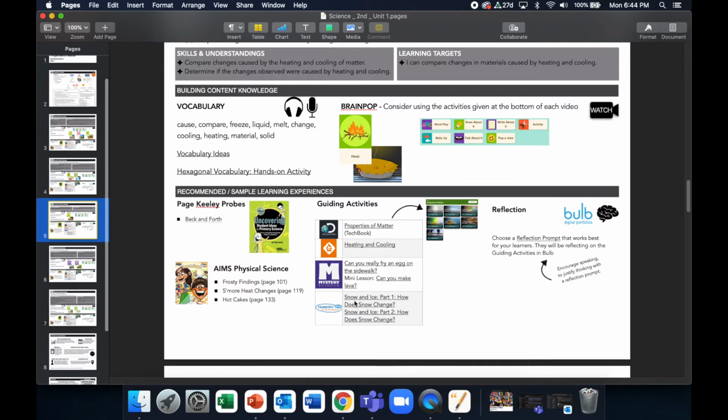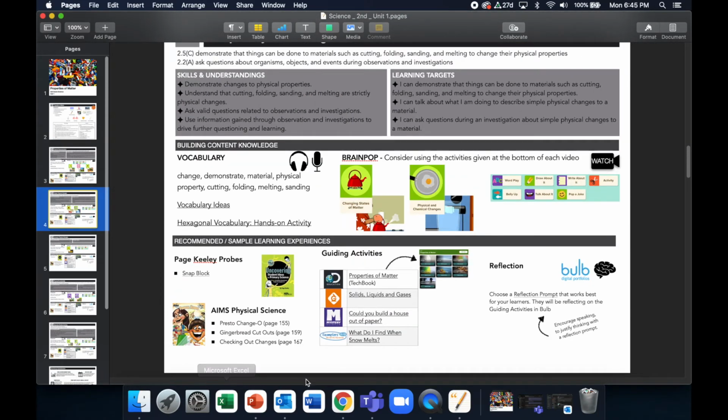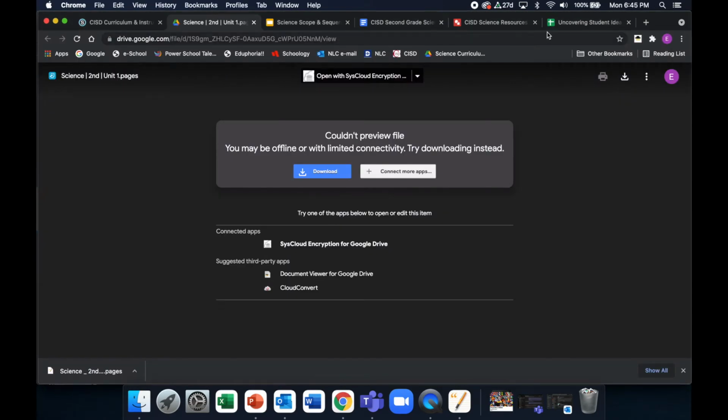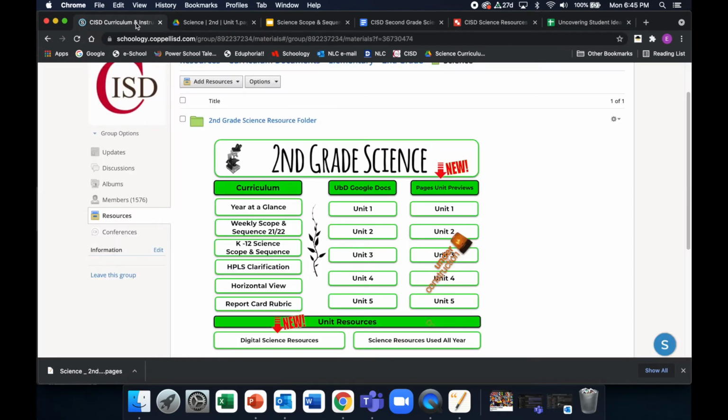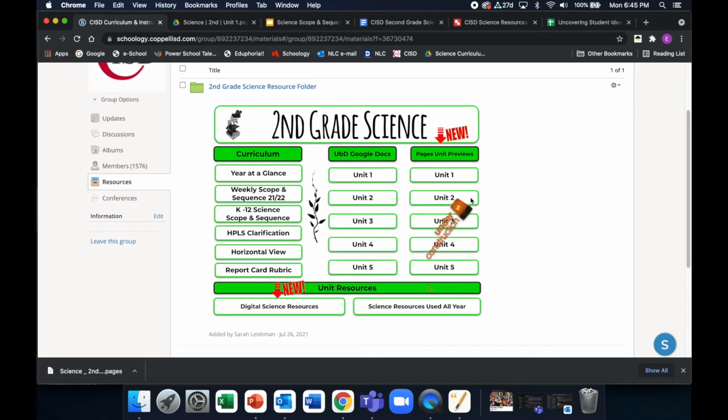So between this, the week by week scope and sequence, and the digital landing page that I showed you, hopefully you will find that getting yourself together in terms of what you want to do for the week should be a lot easier. So we are developing those pages,